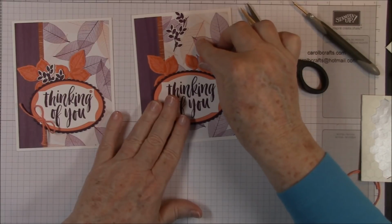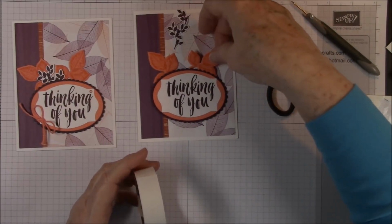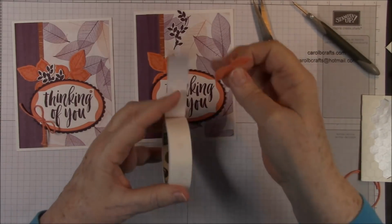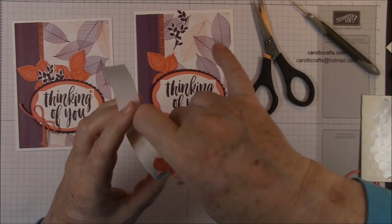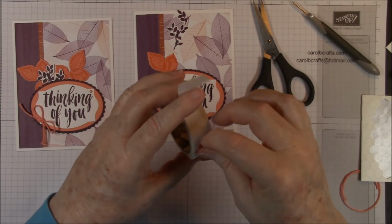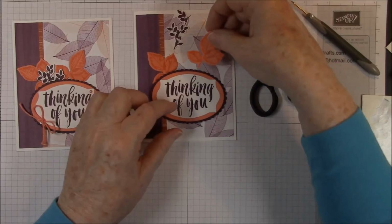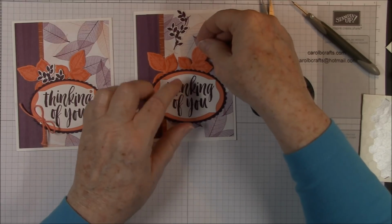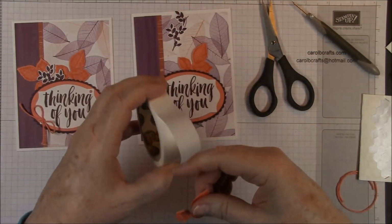So when you get them where you want them, get some glue dots out and just put some glue dots near the center on the back of those two bottom leaves. And twist away. Don't pull away. Twist away. Whoops, that one didn't come off. So I have one there and one there, and I'm going to just slide it in here like that. I'm going to do this one, same thing,